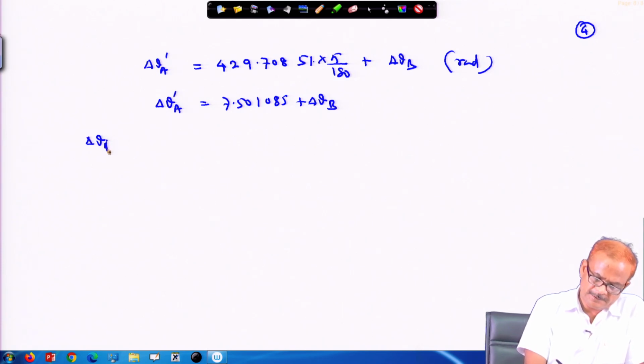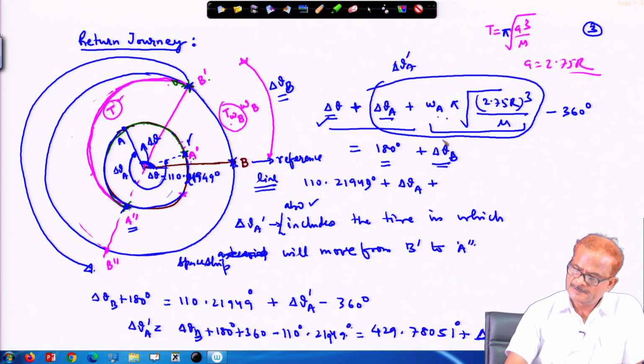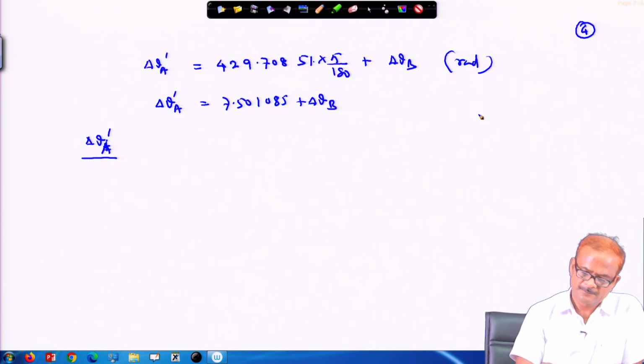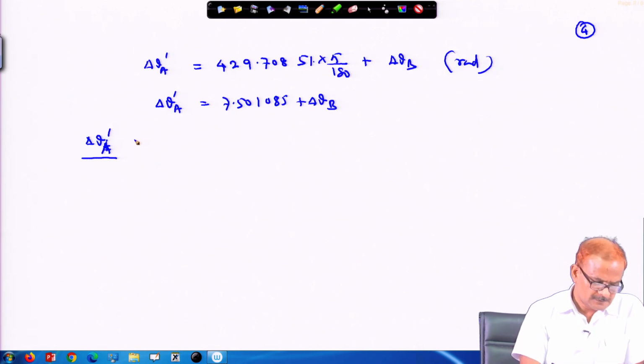Delta theta a prime, which is the quantity summed up, delta theta a plus omega plus the time of travel. So, we can write delta theta a prime divided by omega a is equal to delta theta b by,